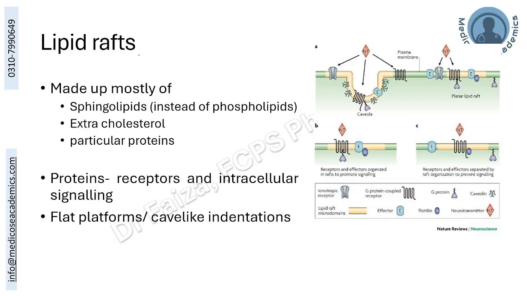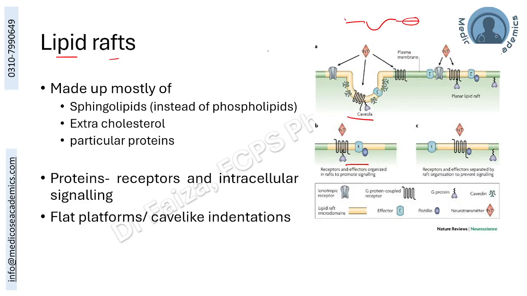A special arrangement of lipids in some cells at certain areas is known as lipid rafts. As you can appreciate over here, this portion is the lipid raft, this portion is a lipid raft. This may be in the indentation appearance of the cell membrane or maybe at the straight surface of the cell membrane.